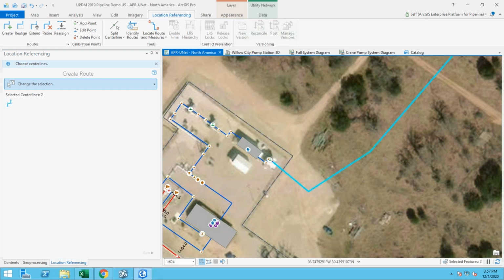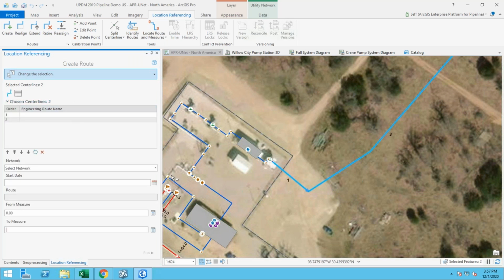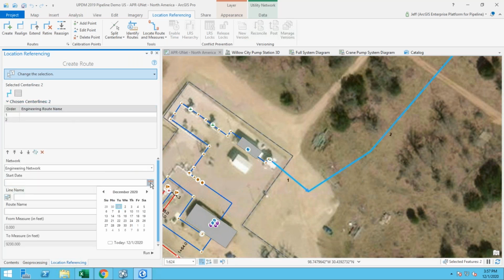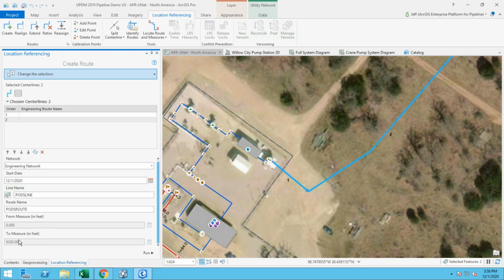So I've got two centerlines connected, the two pipes from my utility network. I open that up, select what linear referencing system I want to add them to, my start date, and I'll give it a route and a line name. You can see it's automatically picked up the from and to measure from the underlying pipes. And now when I run that,